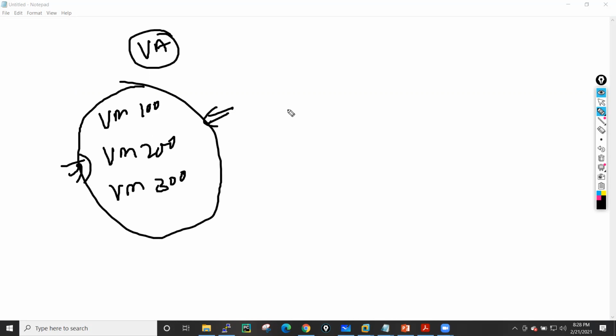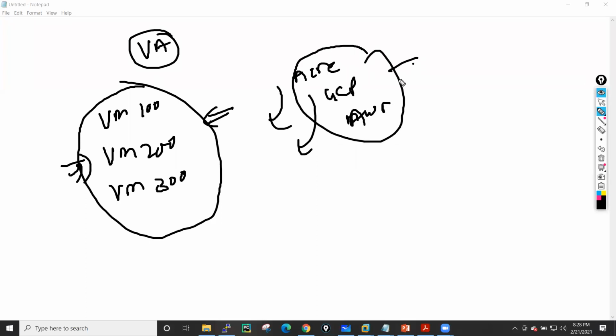Palo Alto does have images which we can also install into your cloud, which is your Azure cloud, your Google cloud, or your Microsoft AWS cloud. For these cloud environments also, Palo Alto has virtual appliances. Okay. So this is something regarding the hardware model and PAN-OS details of your Palo Alto firewall.